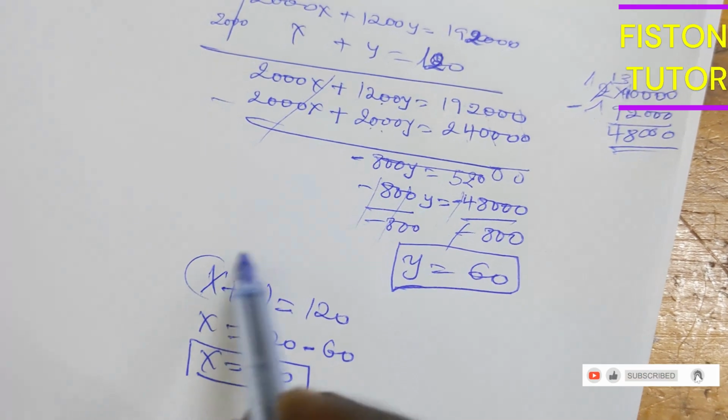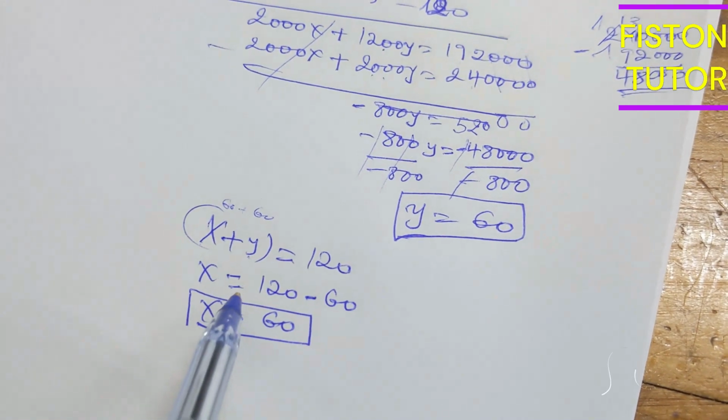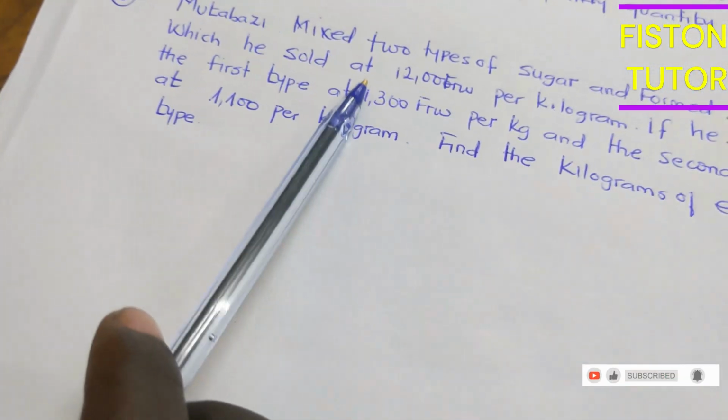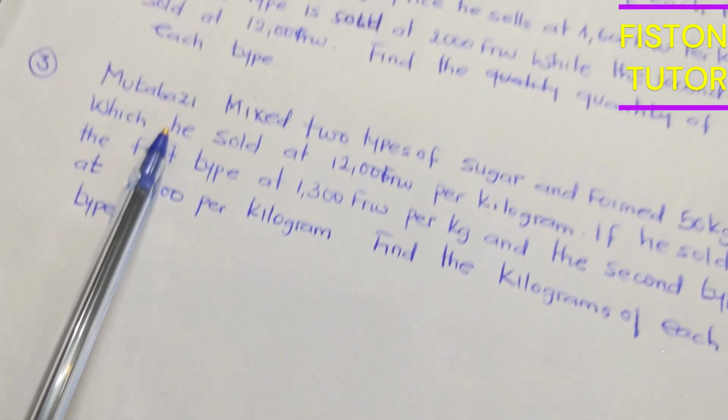And you know that if you take 60 plus 60, it is equal to 120. So now this is your exercise. Now if you follow this video